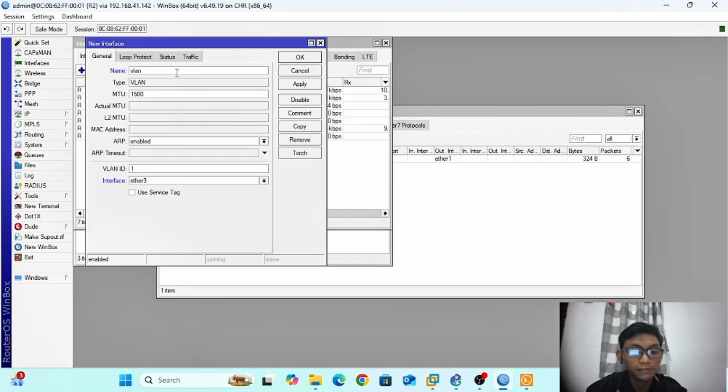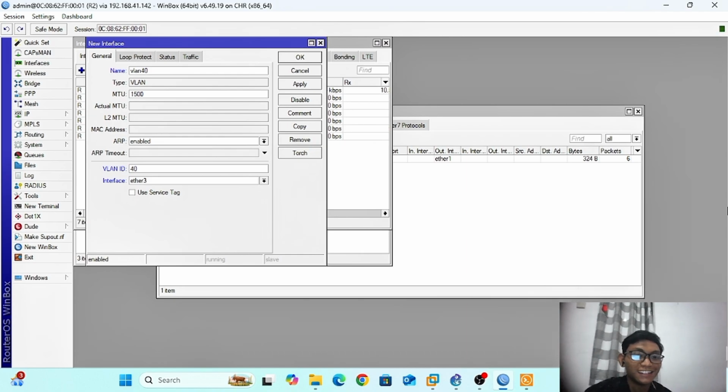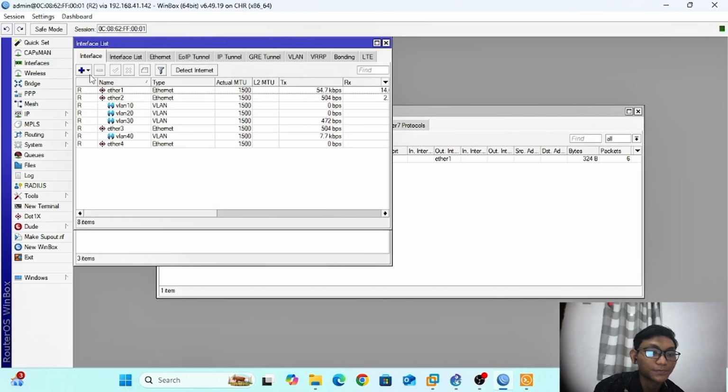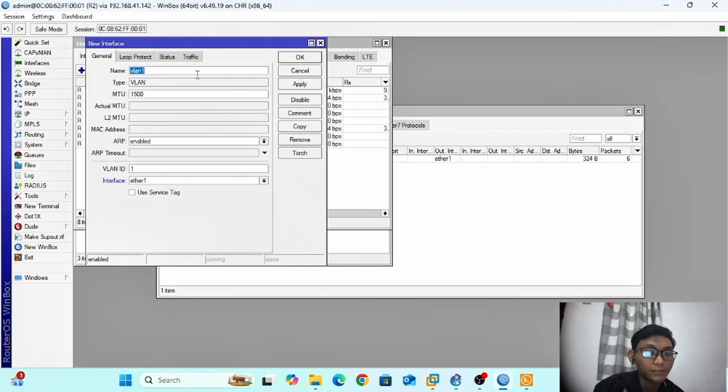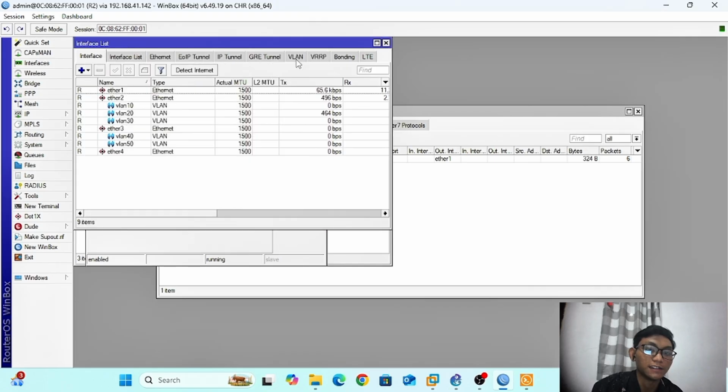VLAN 40, apply. Again for VLAN 50, interface ether 3.